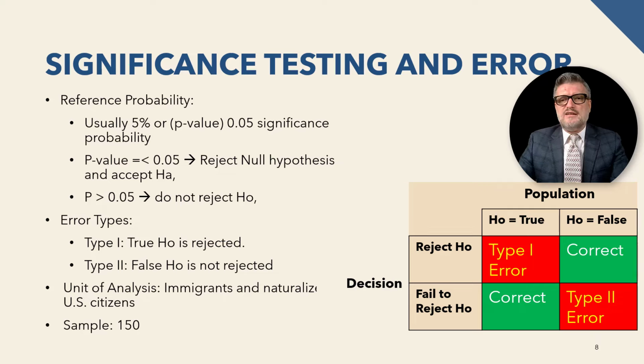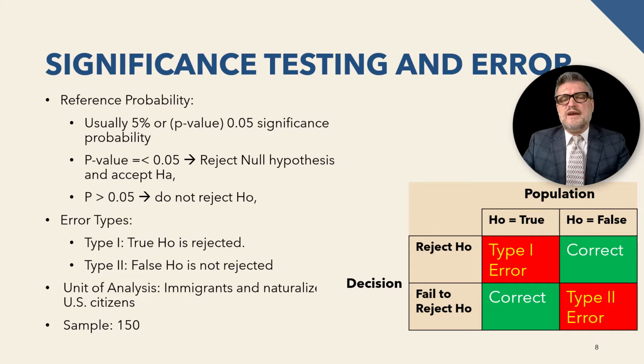In this process, a null hypothesis is tested against the alternative hypothesis. The key concept here is the p-value, which represents the probability of obtaining the observed results, or something more extreme, if the null hypothesis is true. A low p-value, typically equal to or smaller than 0.05, indicates strong evidence against the null hypothesis, leading to its rejection in favor of the alternative hypothesis. This probability is an accepted threshold in social sciences research.